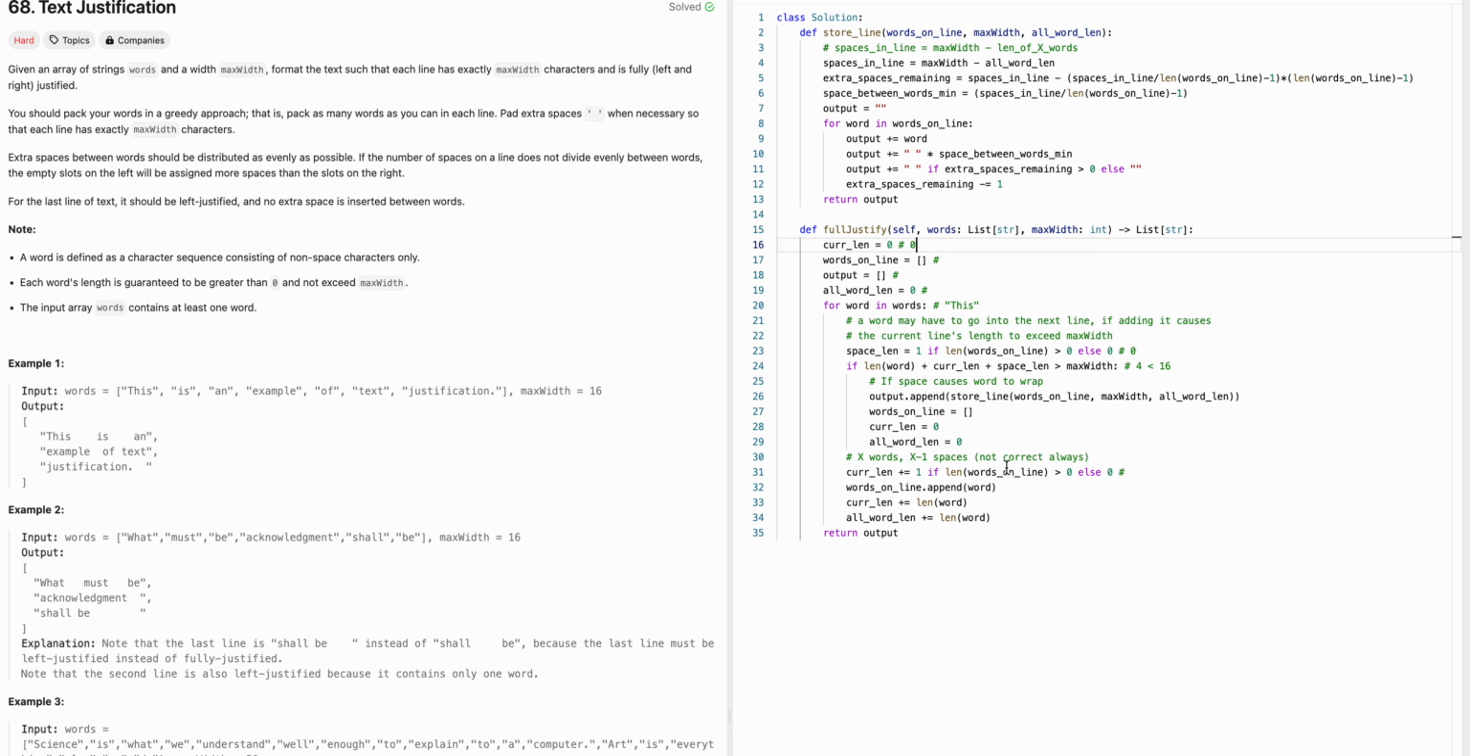It's at 0. Words online is now this. Let's make it a list. And curlen, we add the length of words, so it's 4. All word len is going to be 4. Moving on to the next one. So now word is